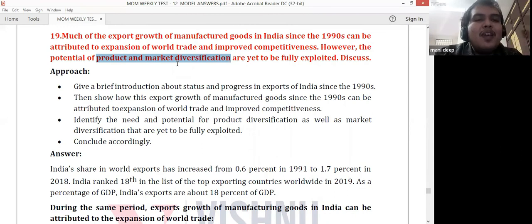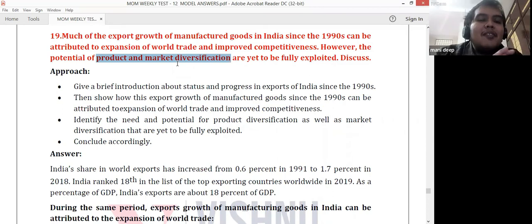But we have failed in two things. One is the diversification of products. If you see what we are exporting, we are mostly exporting primary products, whether it is rice, wheat, or exported minerals or mines. There is no processing; directly what we have mined, we are exporting. So mostly we are focused upon primary goods exportation. So, but you are not having an entire diversification of products. For example, you can diversify by adding food processing industries. For example, we are exporting tomato now. You can use a food processing industry to make tomato soup. But we are not doing it. Mostly our products are primary. We are only boxed into one group of products we are exporting.